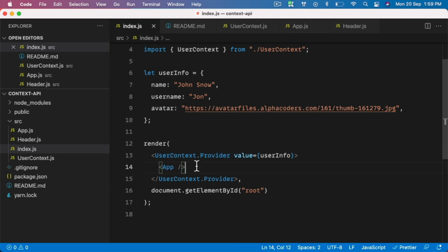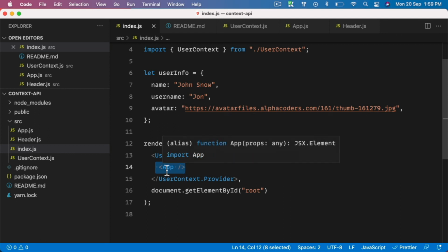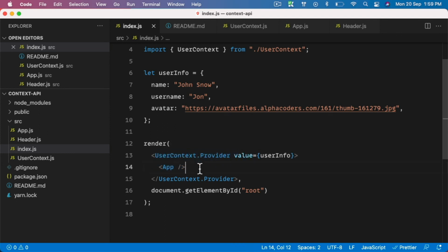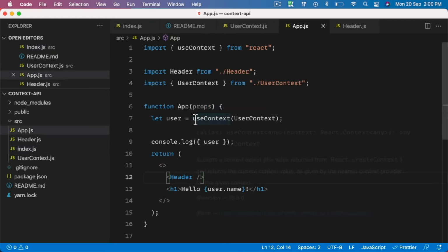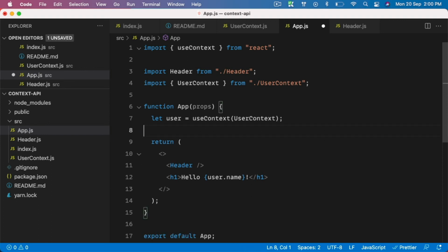So make sure to always pass the component where you need to use the context as the child of the provider. Here app is the child of user context provider. So anything that is a child of app will be able to access it. Let's go into app. Here we are consuming the context, and this is a functional component. In a functional component, you consume it using a hook called useContext. You import it from React, and you just name the context that you want to consume. And here you will get access to that.